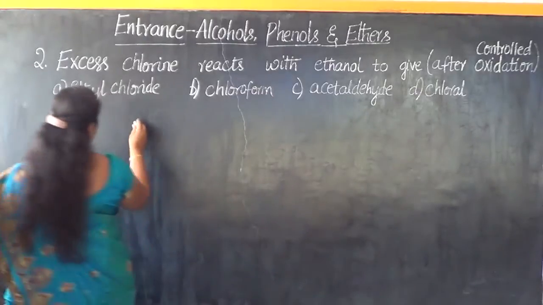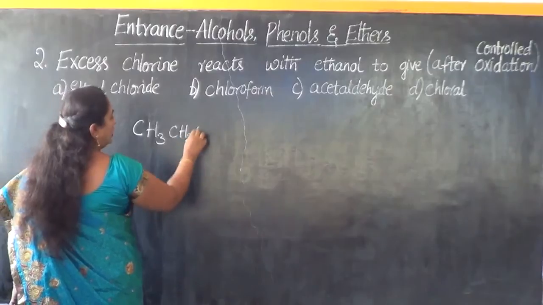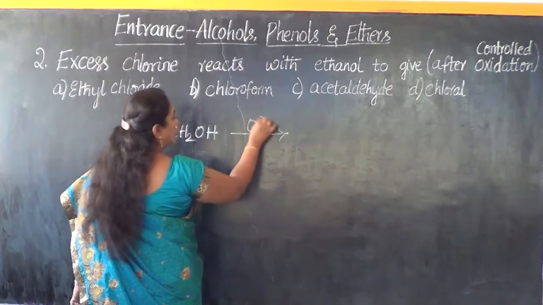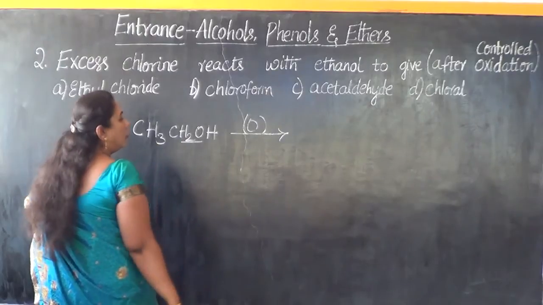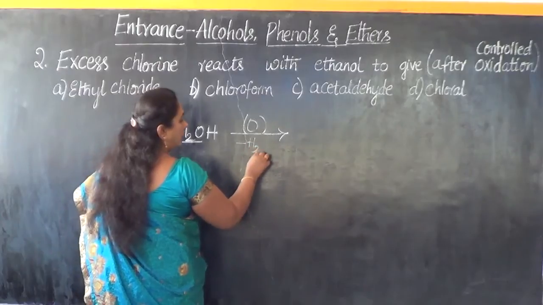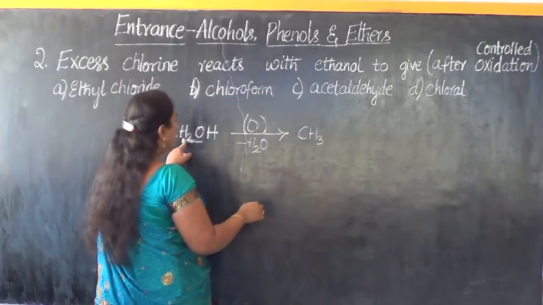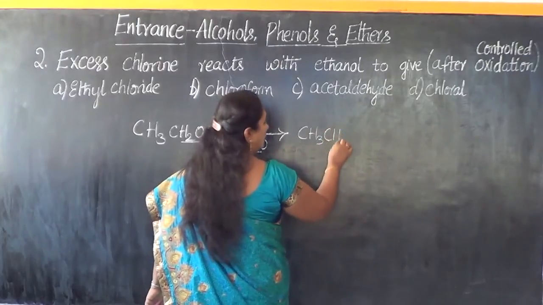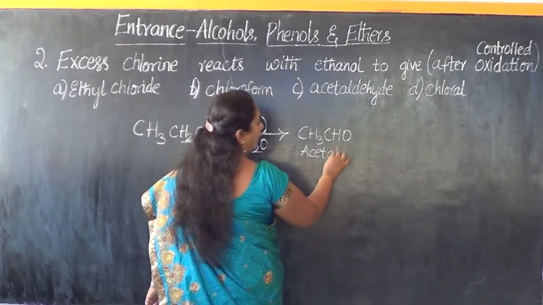So now let us write the equation. CH3CH2OH is ethanol. It is subjected to the process of controlled oxidation. Now upon controlled oxidation, what will happen? They eliminate a molecule of water and then oxygen takes that place. So we obtain CH3, here the 2 H is gone, H is there, they take a rearrangement, combine with O, forming CH3CHO, that is acetaldehyde or ethanal.